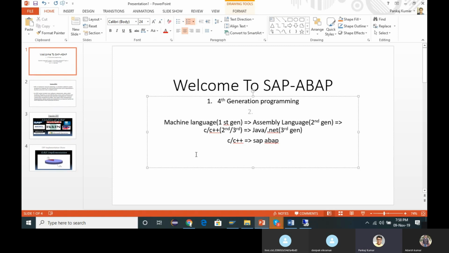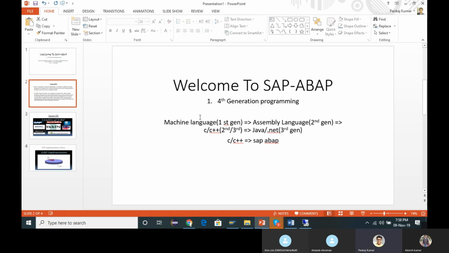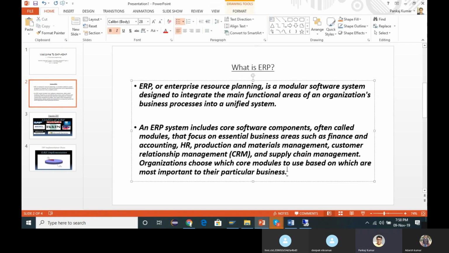Okay. And in the next slides, we'll be seeing what is ERP. Already some part is written. ERP is nothing but enterprise resource planning, where you have a large business, and in that business you have many components like material management, human resource management, supply chain management, and CRM. When you have to manage all these sectors, you require one software to manage it centrally.